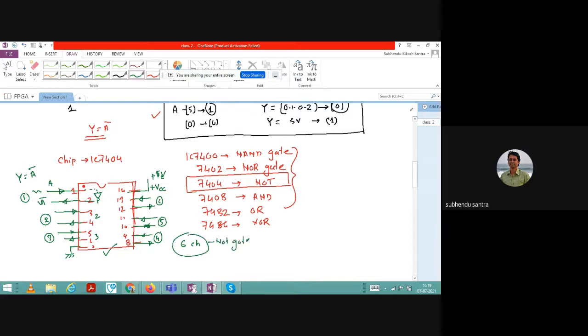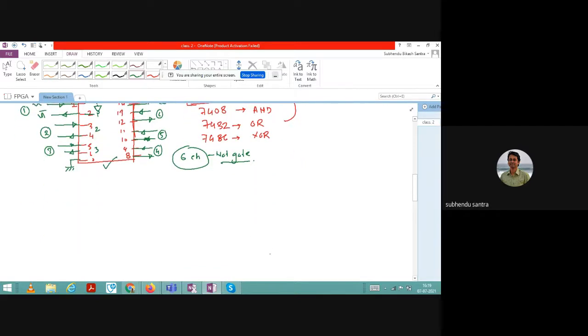Based on your requirement you can use a circuit. Now try to understand that. Let us say you are an embedded engineer, and you have been asked to design y equal to a bar, a simple thing. What you will do is take this chip and give proper biasing, which is plus 5 volt here, and you will give the input here. Let us say you are using the 7404 chip, and this is the output. You will provide this circuit to the customer, and he is happy, because it will definitely solve the purpose.